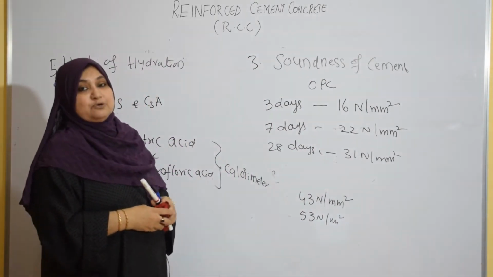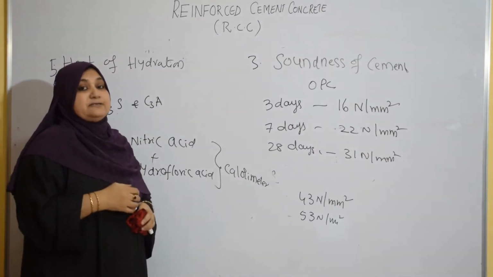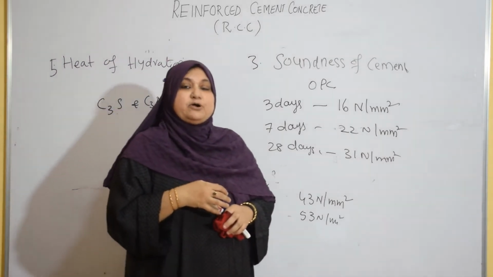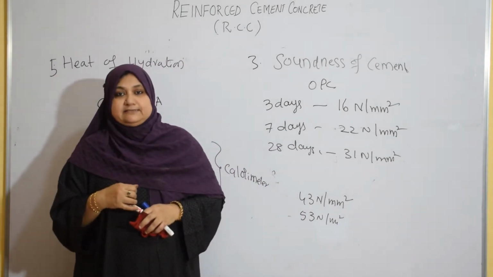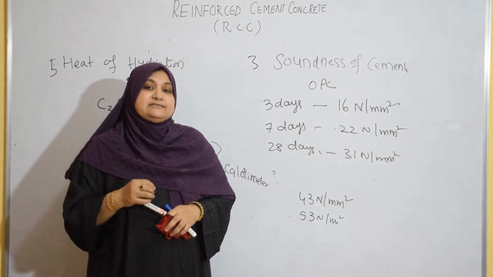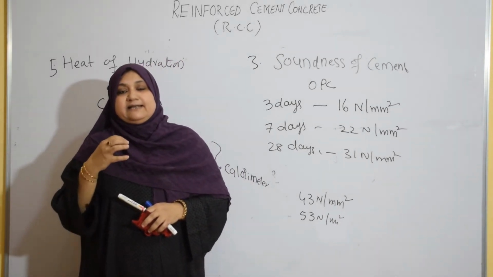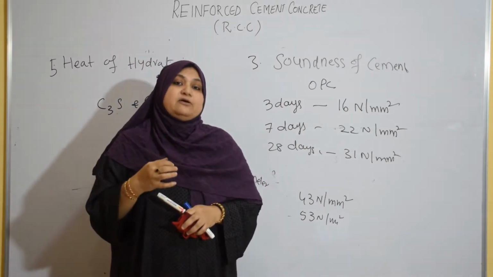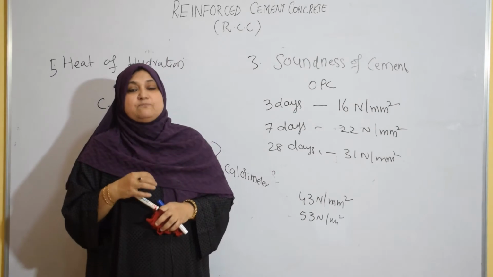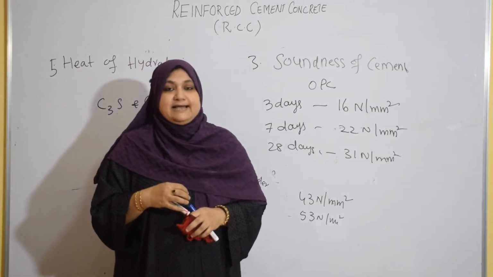Okay, this is all about the properties of cement. Just to recall, these are the physical properties of cement which are important for us to understand as civil engineers. First one was sieve analysis, finding the size of the cement particle, because it directly affects the rate of gain of strength. Not more than 10% of residue on an IS 90 micron sieve is accepted.